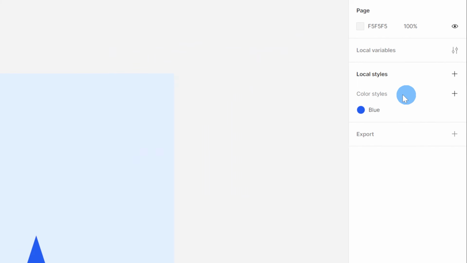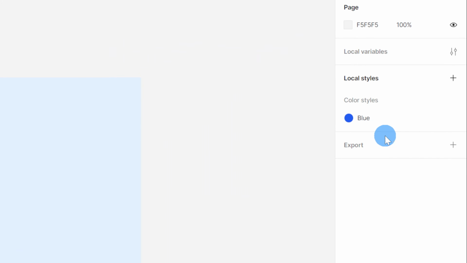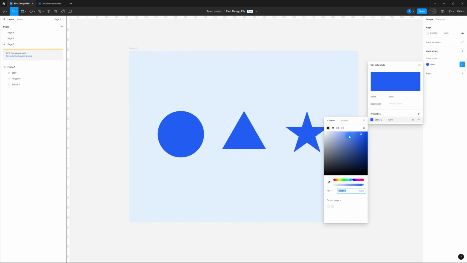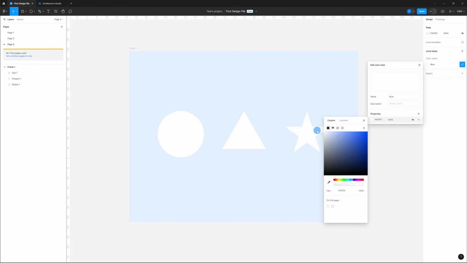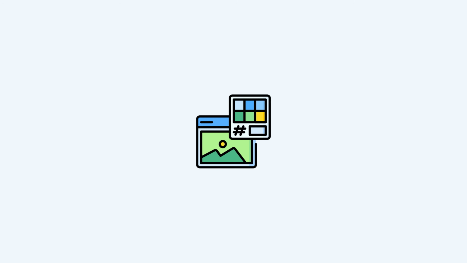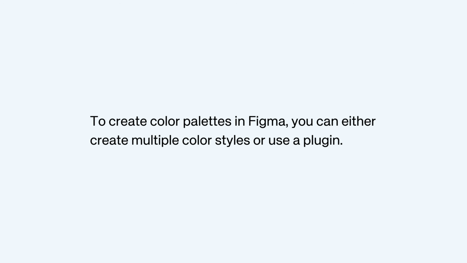Color styles help you keep your colors consistent across your design. Once you create a color style, you can apply it to multiple elements. And if you need to change the color later, you can just update the color style and all linked elements will change automatically, just like this. This is very powerful and saves a lot of time. A color palette is a collection of colors that you use in your design. Figma lets you create and save palettes, making it easy to reuse colors and maintain a cohesive look throughout your